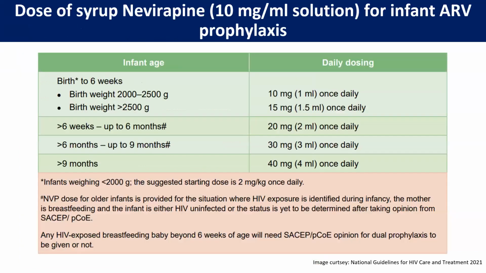The dosage, as we all know, depends on the weight of the child. Between 2 to 2.5 kgs, 10 milligram nevirapine once daily. More than 2.5 kgs, it is 15 milligram, that is 1.5 ml once daily. For children between 6 weeks to 6 months, you have to give 20 milligram. From 6 months to 9 months, 30 milligram, and more than 9 months, it is 40 milligram. And